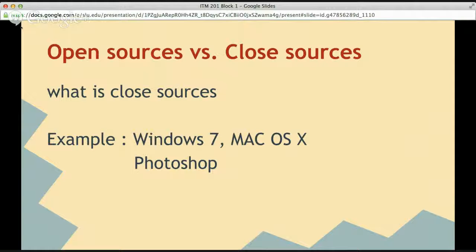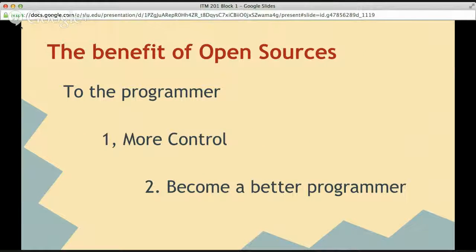However, people prefer to use open source because programmers can get more control over the software. Computer programmers can access, view, and modify open source software whenever they like, and change the parts of the software they dislike. Also, because open source code is publicly accessible, students can learn to make better software by studying what others have written. They can also share their work with others to help them become better programmers.